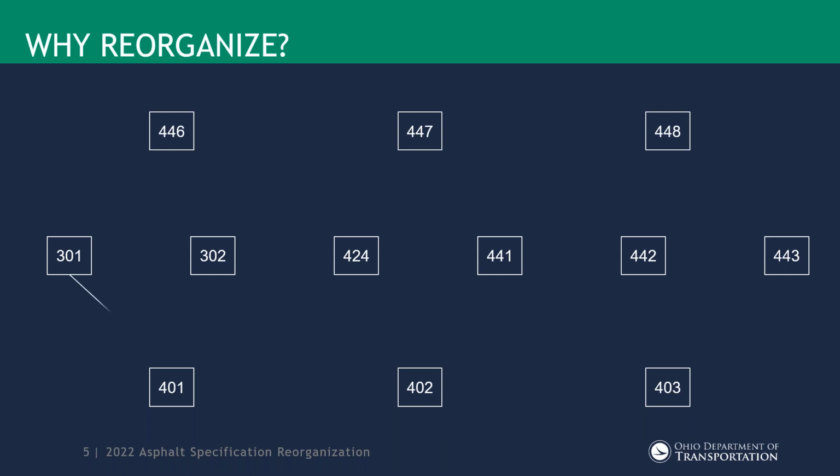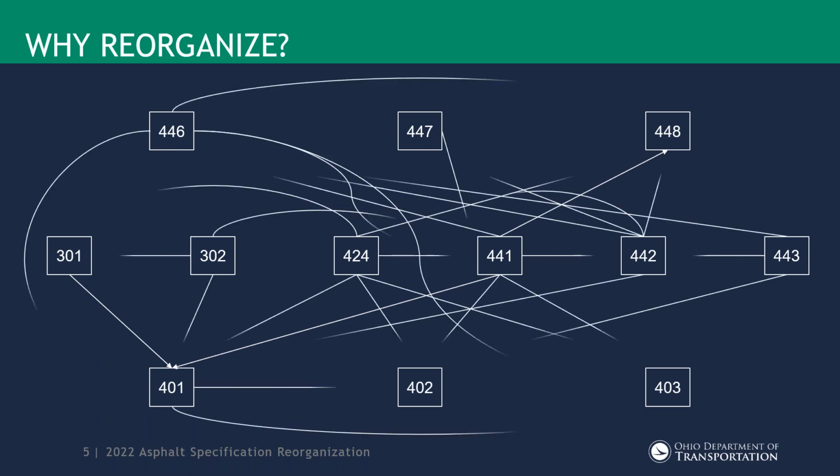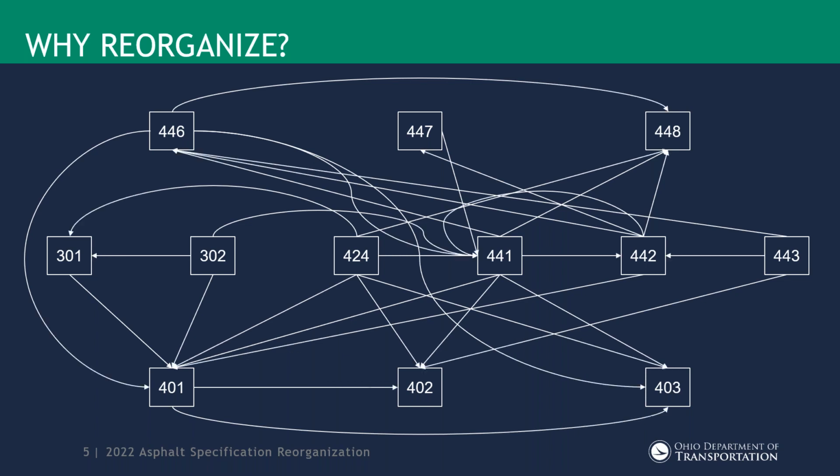And to make everything work, there are references. So 301 references 401, 441 references 401, 441 references 448. And if you draw all these connections, you come up with some crazy thing that looks like this. So definitely for anyone who said they struggle with it, I think this explains why. One of the things I really enjoy pointing out here is 441 pointing over to 442, which also then circles back and points back into 441. So if this were a computer program, it'd be stuck right there.